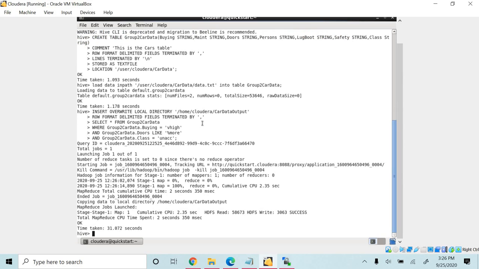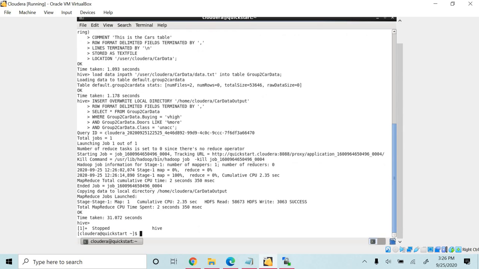So now the select query is executed, and the output file is stored in the home Cloudera car data output directory. So let's go to this directory and check if the output file is generated or not. So let's exit from Hive and check if the file is present in the car data output folder.